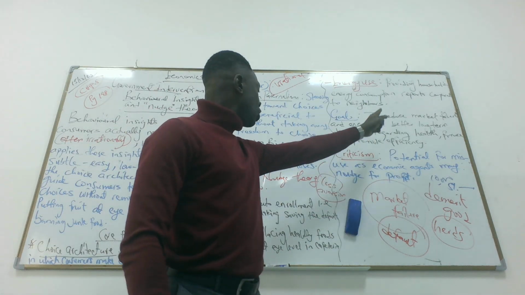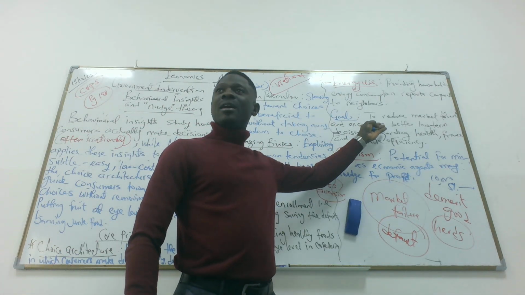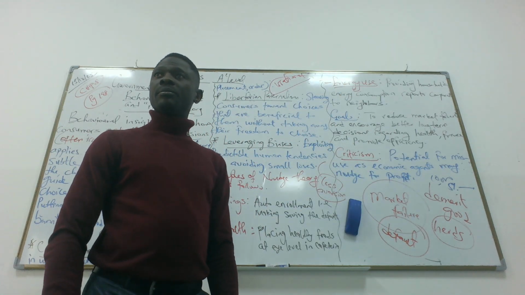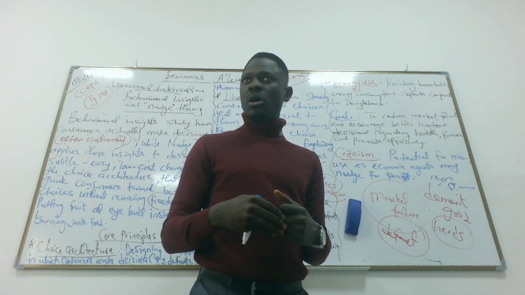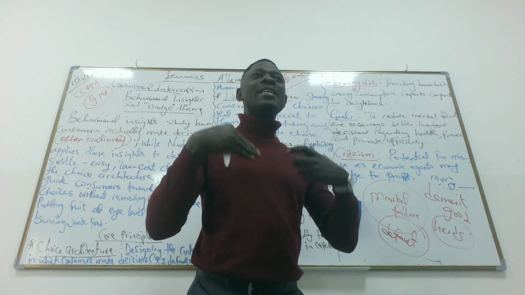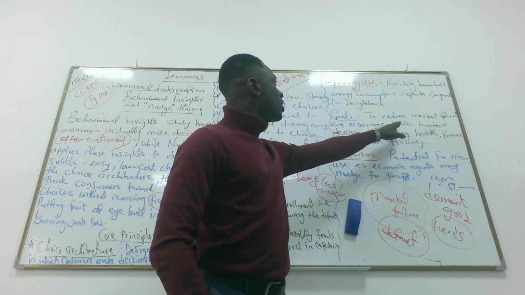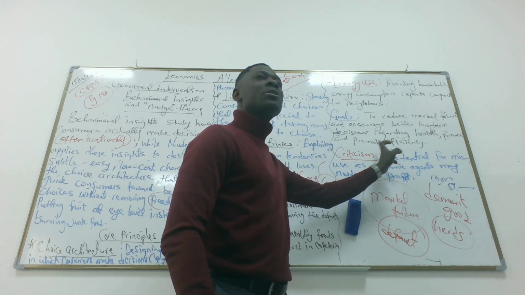Do we understand energy use, saving and health? These are decisions consumers will make, and this mostly leads to what? Market failure. So what are the goals? What is the objective of nudge theory? The goal is making rational decisions, to reduce market failure and encourage better long-term decisions regarding health, finance, and promote efficiency.